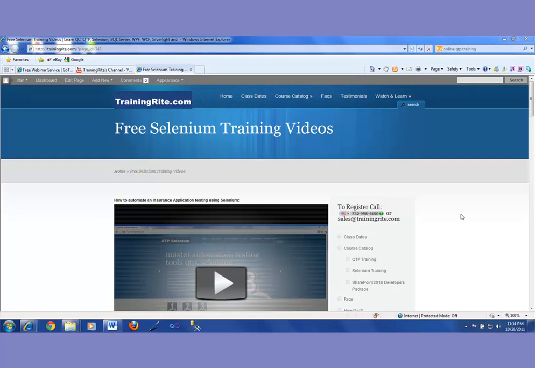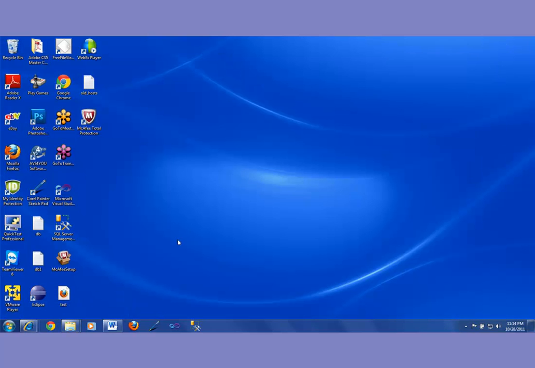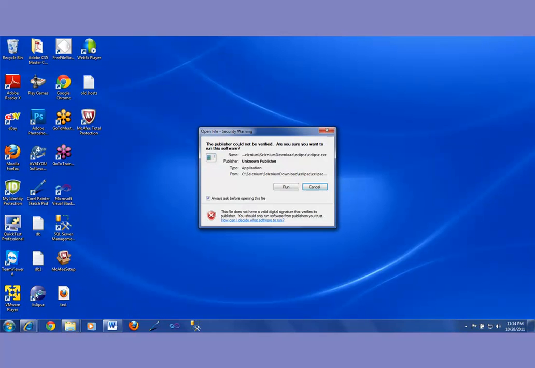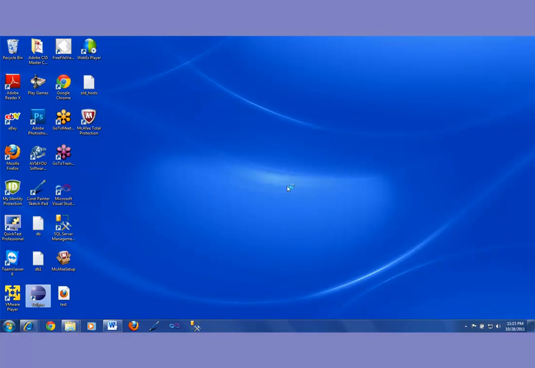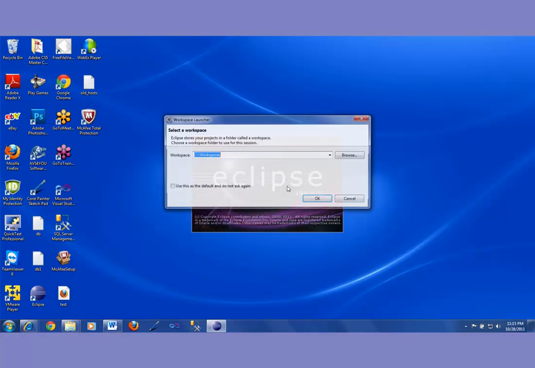All right, since Java is a programming language, you need a tool to build or to write any code. There are so many free tools which are out there in the industry, but I happen to like Eclipse, and I will be using Eclipse. You could download Eclipse from eclipse.org. It doesn't get installed. It is a package, and there's nothing being written into the registry. So after you download it, once you run it,